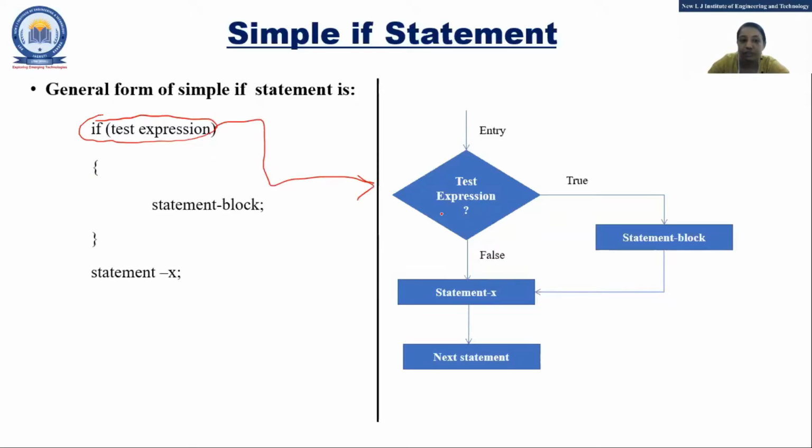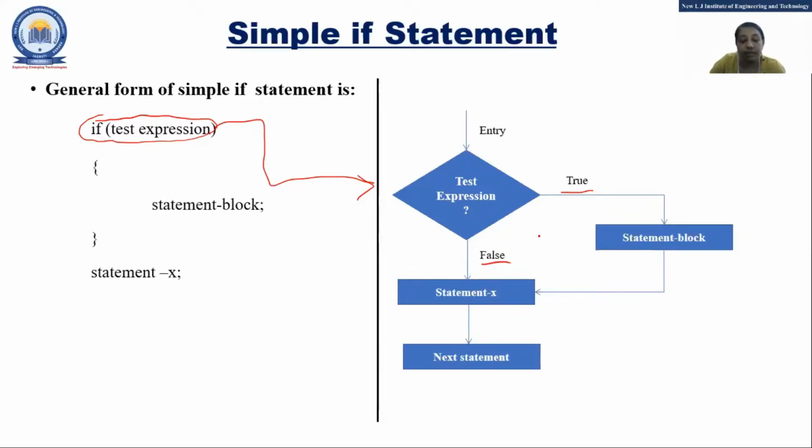Test expression. If it will be true and false, there are 2 paths. If it is true, statement block. I have drawn this flowchart according to the syntax only, right? So statement block if it is true. If it is false, then statement X.